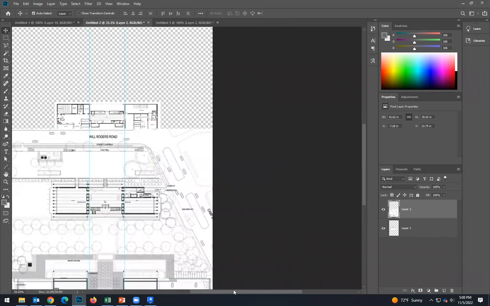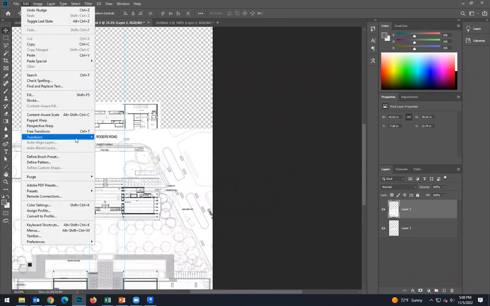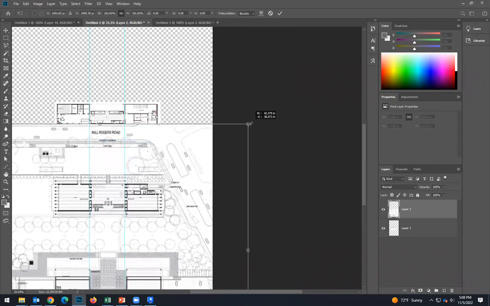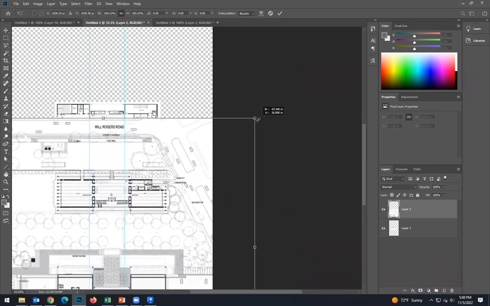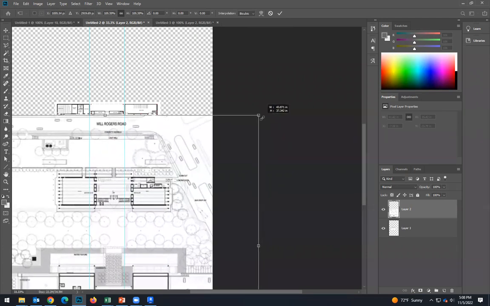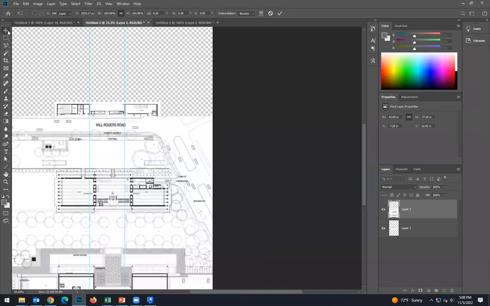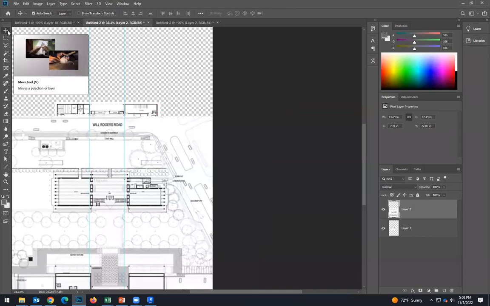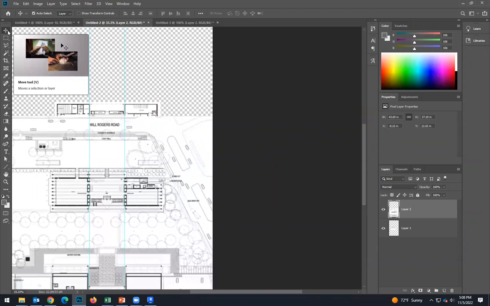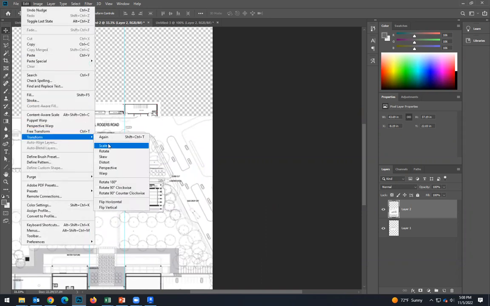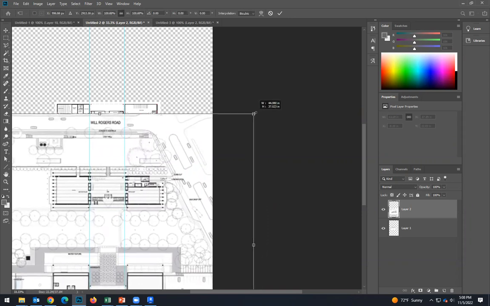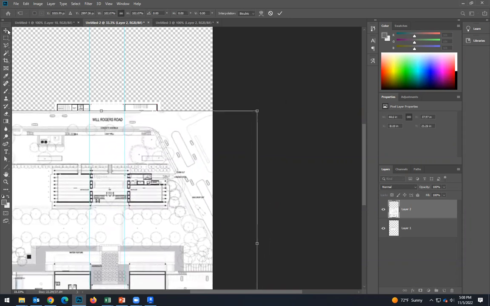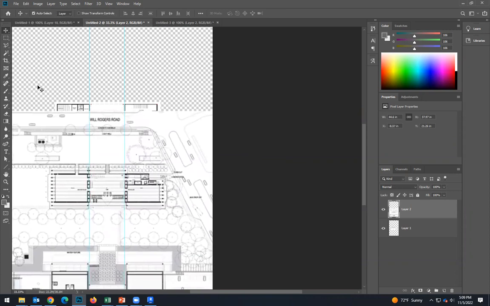Make it even bigger. Okay, so now they have the same scale,